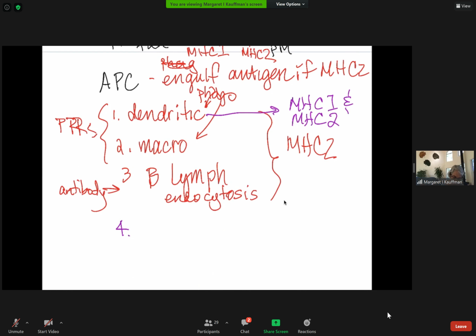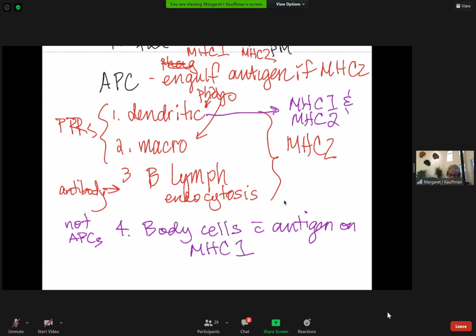So even though these are not really considered antigen presenting cells, this is another way that the CD8 cell may encounter its antigen. So I'm going to put it as number 4, a body cell with antigen, and this is not a self antigen, but a non-self antigen, an abnormal antigen on